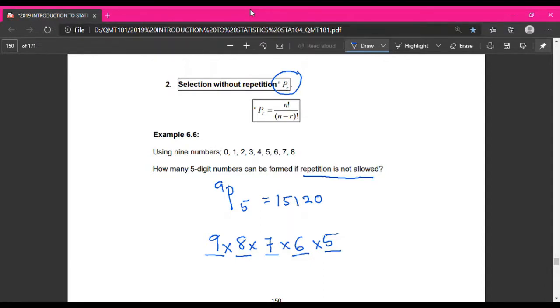Alright. So if something kita nak buat arrangement, okay, kena tengok sama ada nak gunakan all the item ataupun tidak. And then kena tengok the item can be repeated or not, can be used more than once or not. Okay, so kalau just nak daripada an item, nak pilih R item sahaja without repetition, so kita just boleh gunakan NPR.